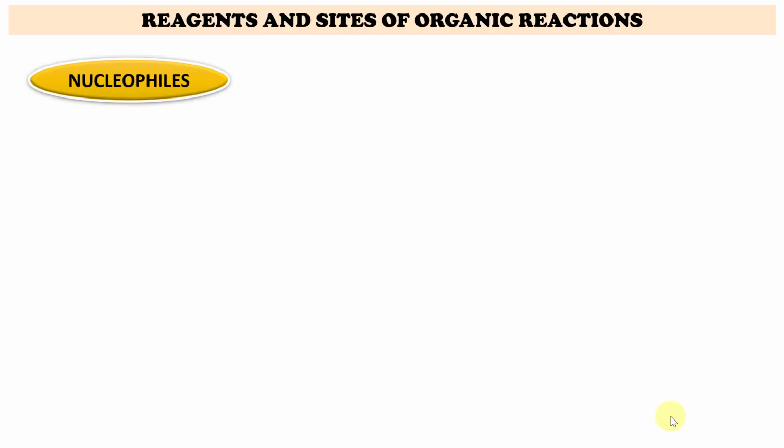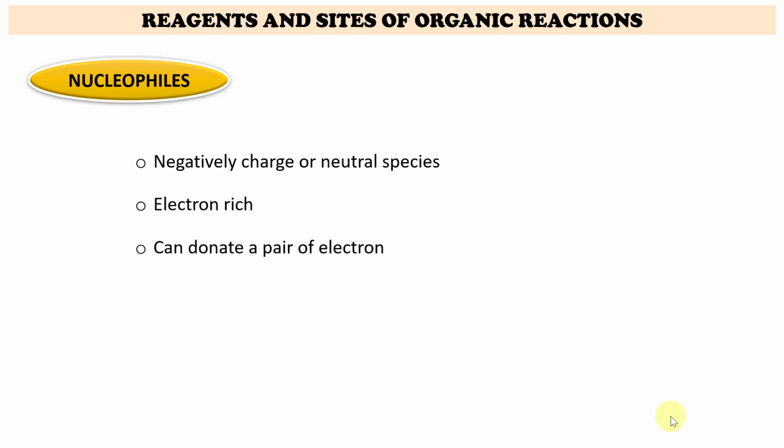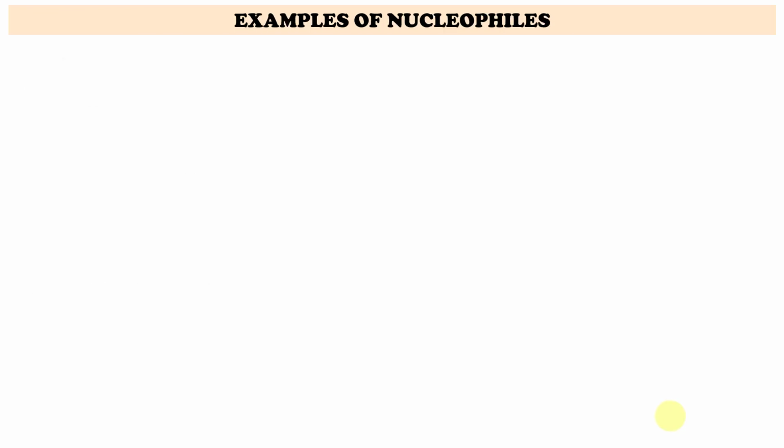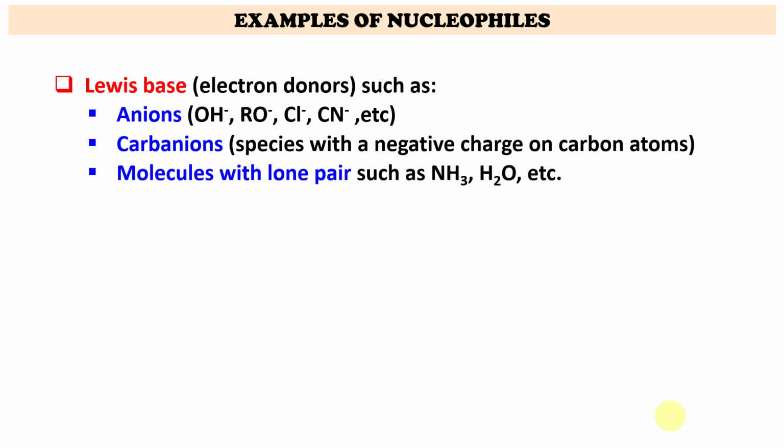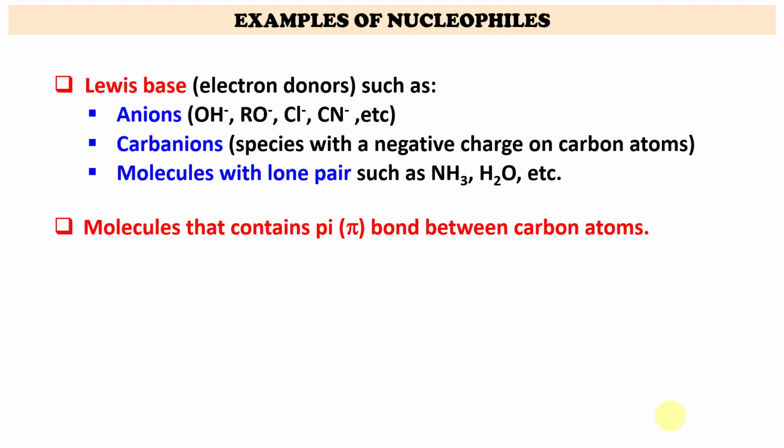A nucleophile is a negatively charged or neutral species that is rich in electrons and can donate a pair of electrons. It is also called nucleus-loving. Examples of nucleophiles are Lewis bases, which are electron donors, such as anions, carbanions, and also molecules with lone pairs. Molecules that contain a pi bond between carbon atoms can also act as nucleophiles, such